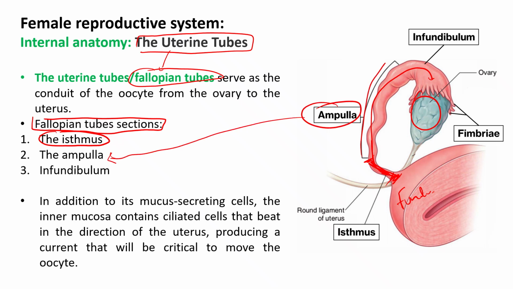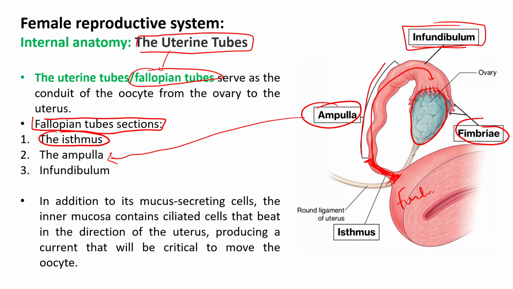And the portion of the fallopian tube that is closer to the ovary is called the infundibulum. Okay, this is the infundibulum. It is the wider portion of the fallopian tube, and at the end has these finger-like projections. They're called the fimbria. So the fimbria is really part of the infundibulum, and during ovulation, which is the medical term to describe the release of the germ cell that matured and